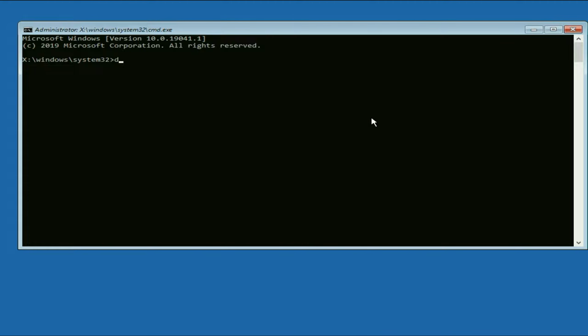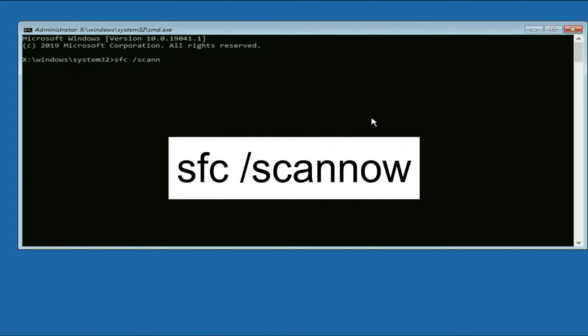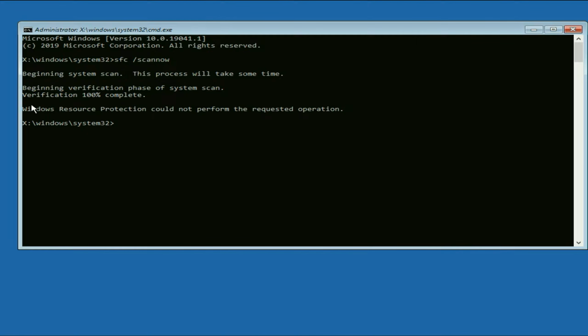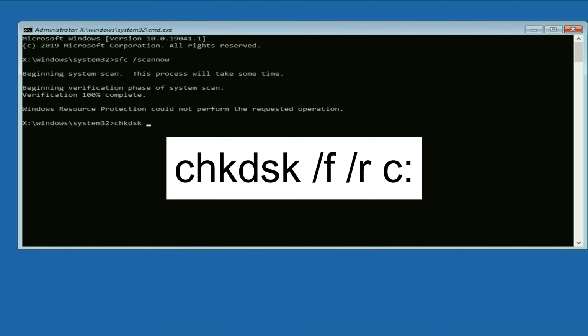So the first command is sfc /scannow. Press enter. And this process will take around 5 to 10 minutes to complete. Verification process completed. Now type the next command,